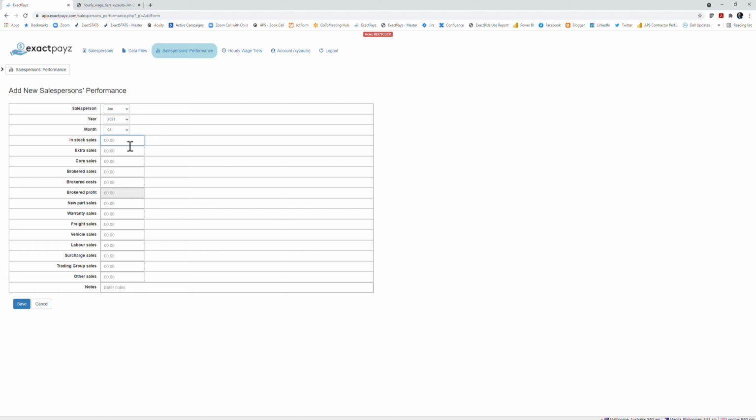And this is using the data from the S30 report and probably the P10 report to get brokered cost. And so in-stock sales, let's just say at $43,800, extra sales at $1,750, core sales are at 0, brokered sales $31,225, brokered cost $21,200. New part sales $90, warranty sales $613, freight sales $295, vehicle sales at 0, labor sales